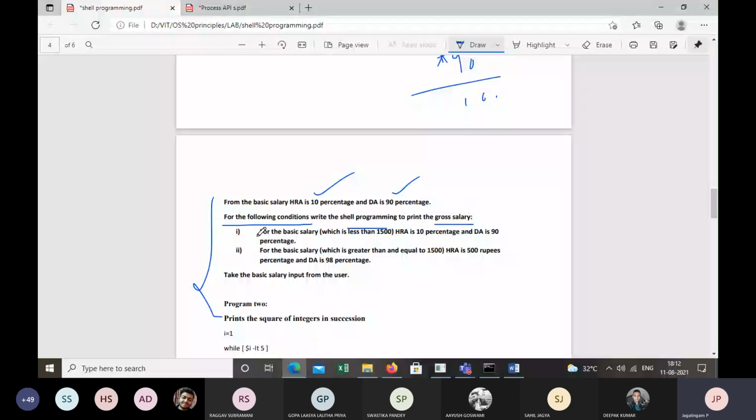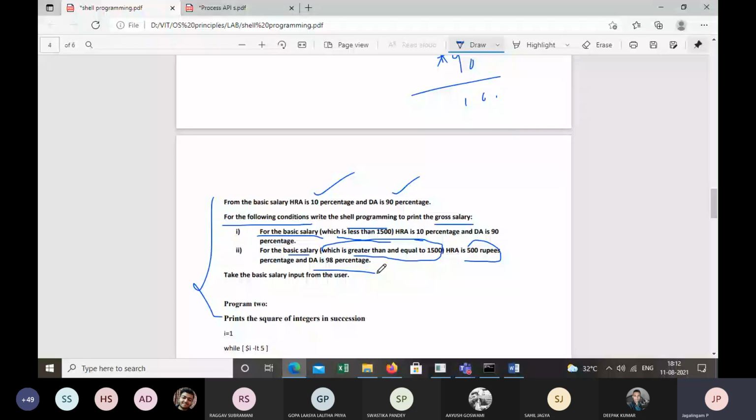For the basic salary which is less than 1,500, HRA is 10% and DA is 90%. That is fine, we know how to do that. But in the same code, we need another condition which checks whether the basic salary is greater than or equal to 1,500. Then the HRA is 500 rupees and DA is 98%.